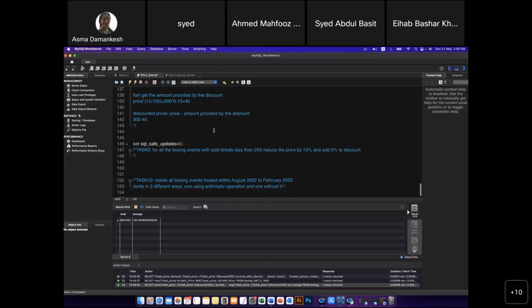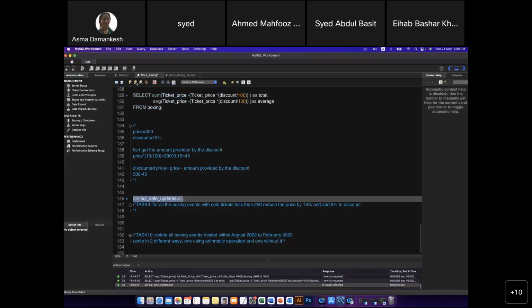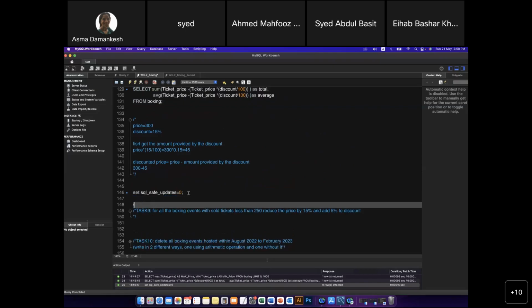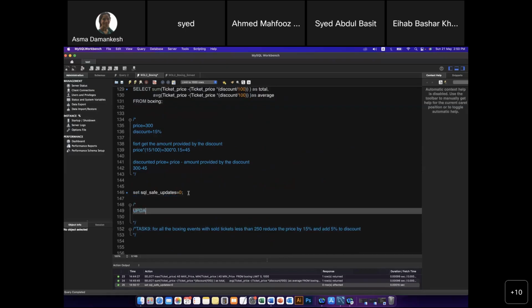So let's come back here. Now we have an update statement. Remember, for update, you need to always run this first. Then, what is the syntax for update? We do the same syntax sheet for update. So we say update,